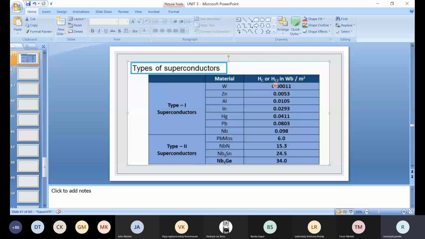Not always. Mostly it is elements only, because the type 1 superconductors were identified initially, meaning the first superconductors we identified were elements only. The type 2 superconductors are those we developed. So mostly the type 1 superconductors we find are elements only, and the type 2 superconductors we find are alloys. Okay,